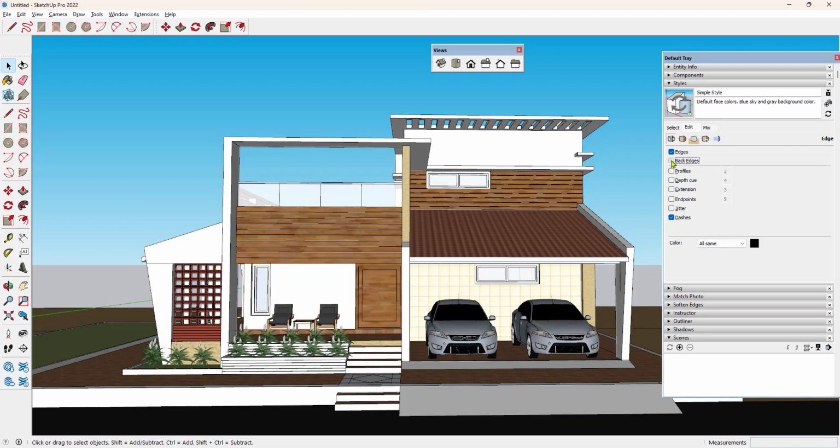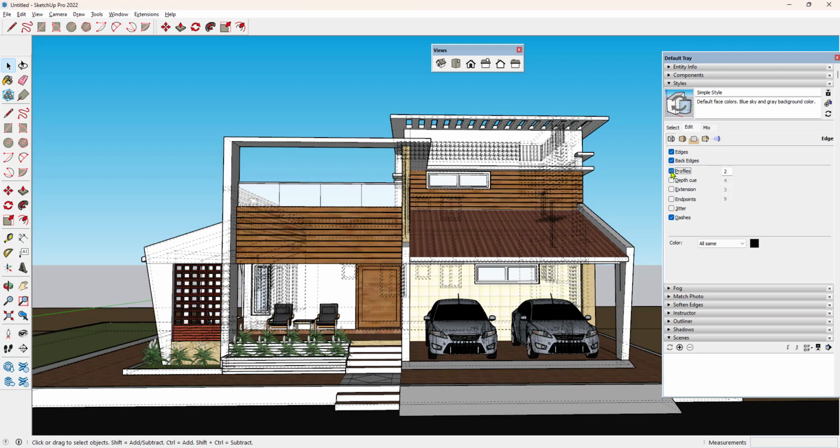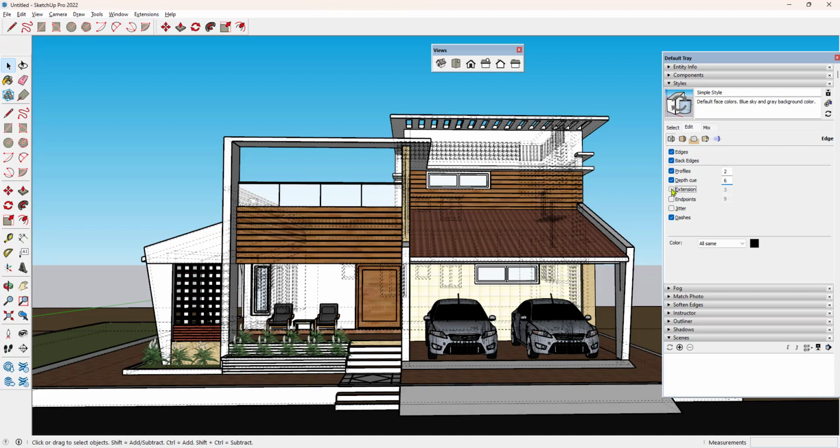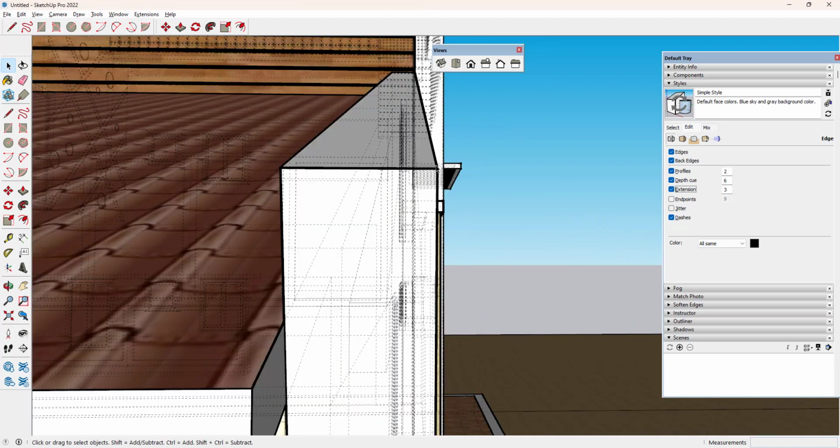Even you can click on the back edges to make them visible, the back edges like this, and click on the profiles. Depth you can increase, that is the line depth, and even you can increase the amount. And then extension, that is nothing but at the end you can get the extension, increase the extension amount to 10, this way you do the extension here.